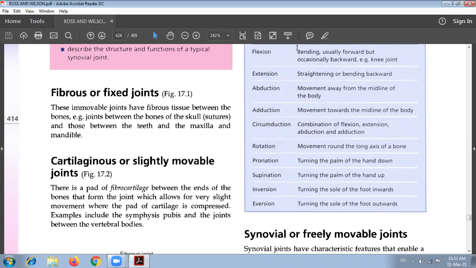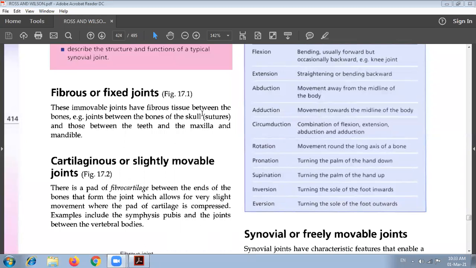These bones are joined together and no movement is allowed in the joint. The sutures are one of the fibrous or fixed types of joint, and are present in our skull bones like the frontal,